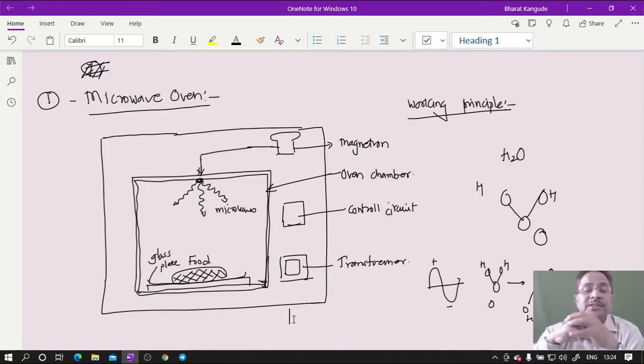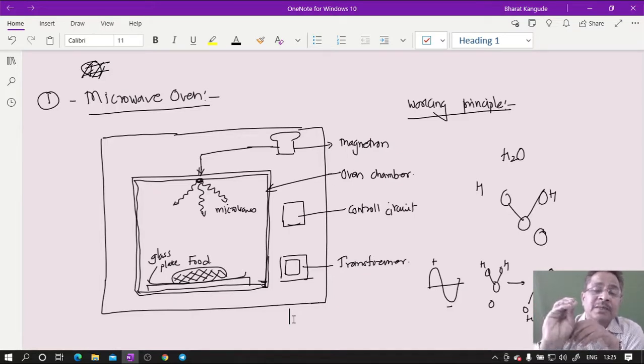So in that discussion I have drawn this diagram. There is a large cabinet, and inside that there is a cavity called the microwave oven cavity. In this cavity there is an assembly where we can put food in a dish or dishes made of either glass or metal plate and like that. Above that there is a device called the microwave generator, which is connected to the magnetron.